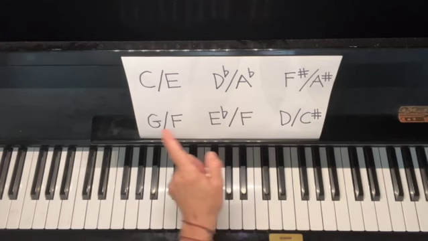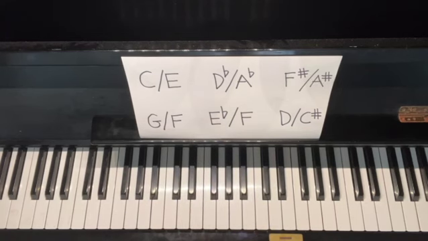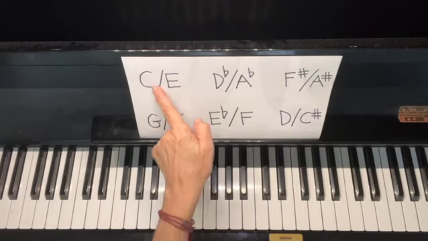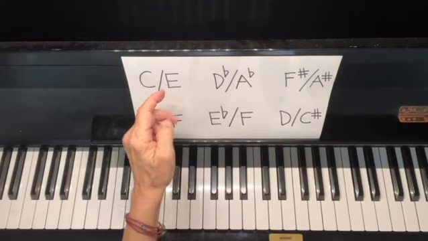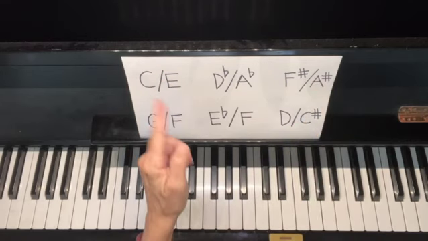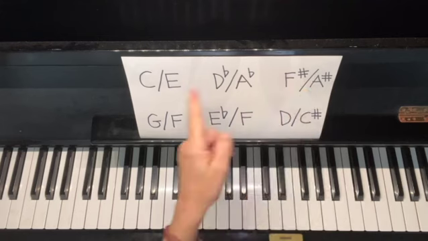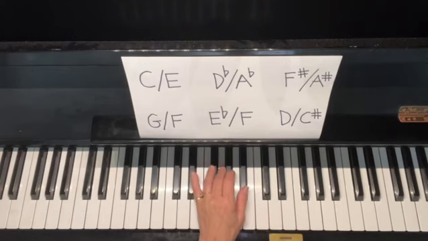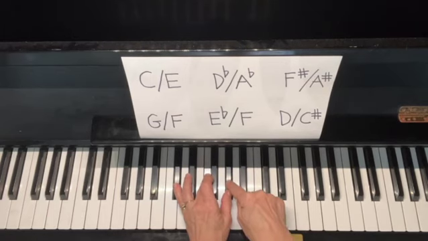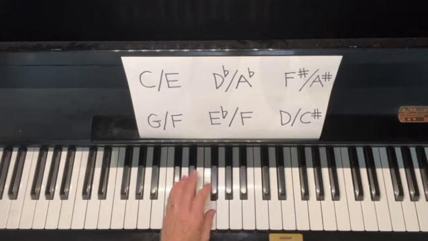The second tier that I have here are a little bit more confusing. Now, most of the time you will see that your slash chords have a note to the right of the slash that's in the chord. That's a simple note from the chord. So C over E, the E is just the third, etc. And D flat over A flat, the A flat is just the fifth.